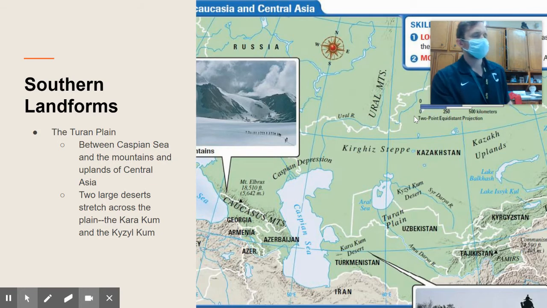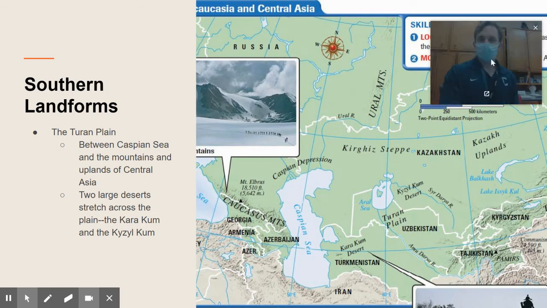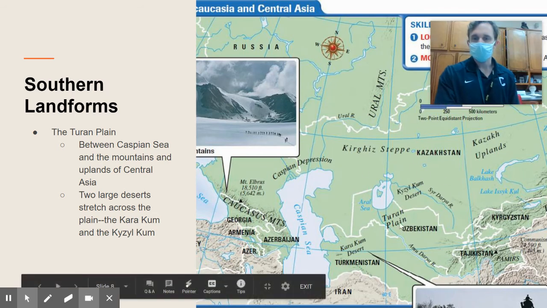It does have two fairly major rivers going through it, the Amu Darya and the Syr Darya. You can see Syr Darya there, Amu Darya here. And again, there are two deserts basically around the Aral Sea, the Karakum and the Kizilkum desert. So you've got mountains here and then a very flat, kind of dry region through there. This is the area we're talking about.